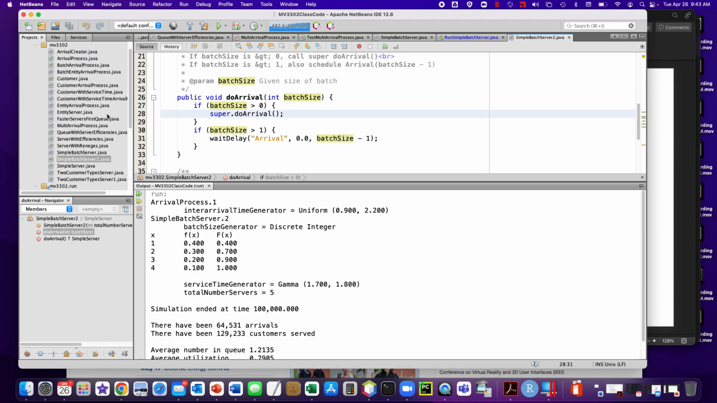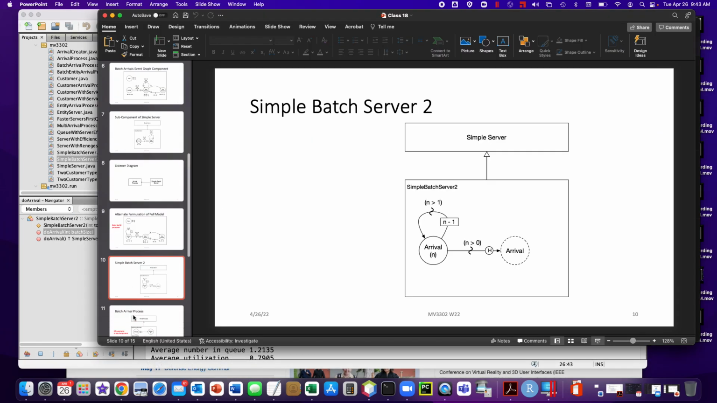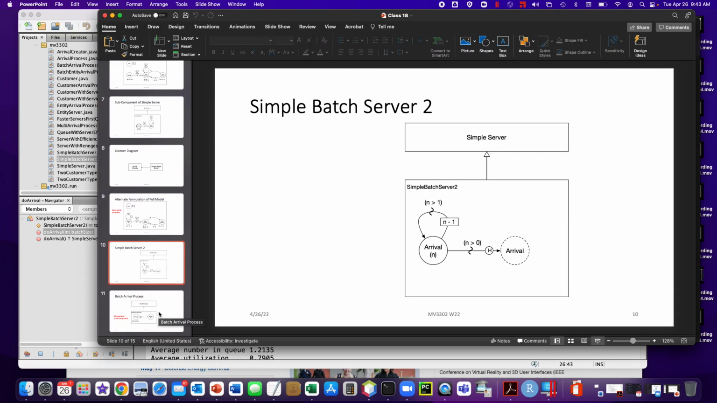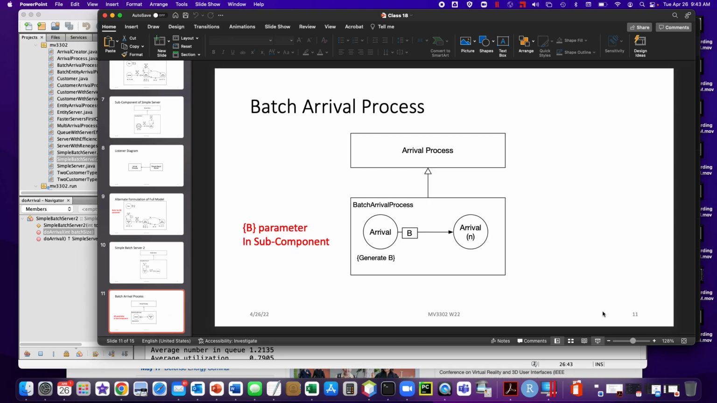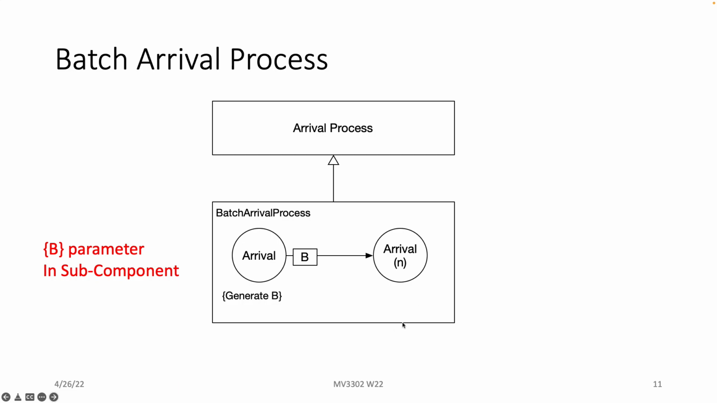So, but now that sort of begs the question of, okay, where do these guys come from? So that's where we need our basic arrival process. So we need a batch arrival process, I'm calling it a batch arrival process. But we're going to pull the same trick